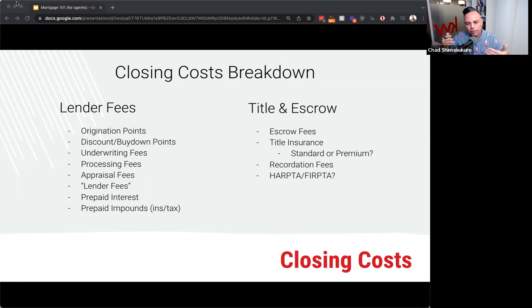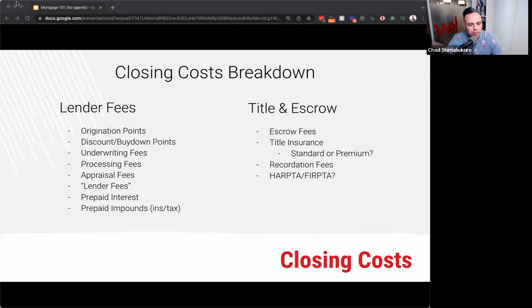So the time frame of when they collect payment fluctuates a little bit differently, and it's viewed a little bit differently. That's why there's prepaid interest compiled in that equation. If you're closing towards the latter part of the month, there might be just a day or so of interest. If you close at the beginning of the month, buyers tend to think, oh, I get to skip a payment. They're not skipping a payment. It's just accumulated and accounted for in the closing cost.